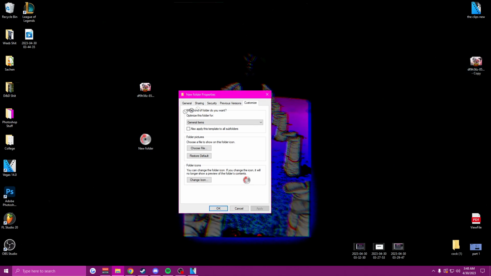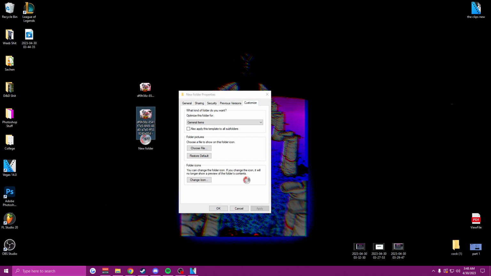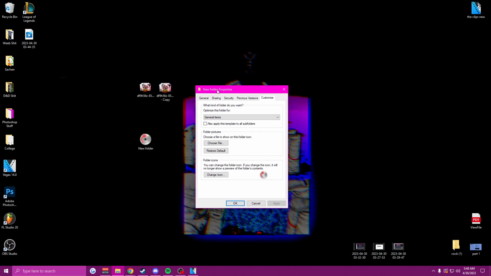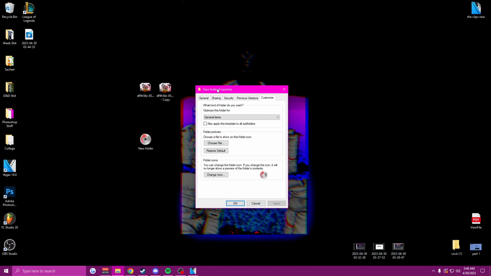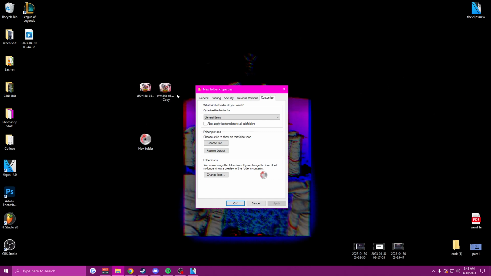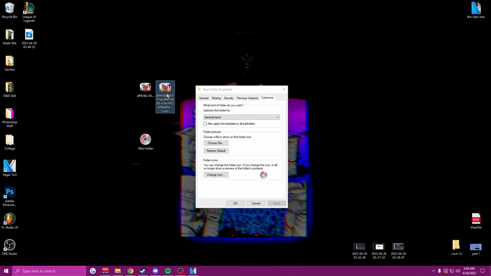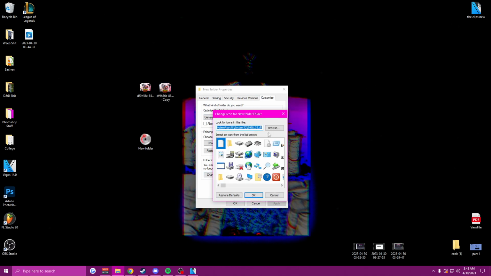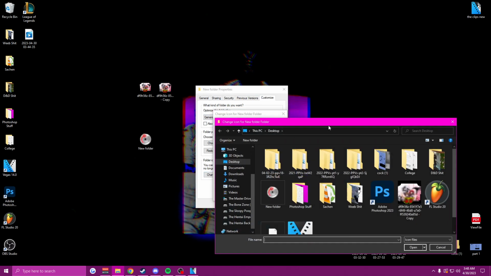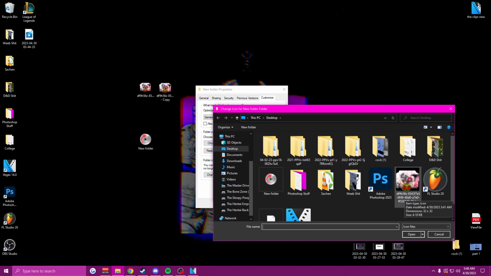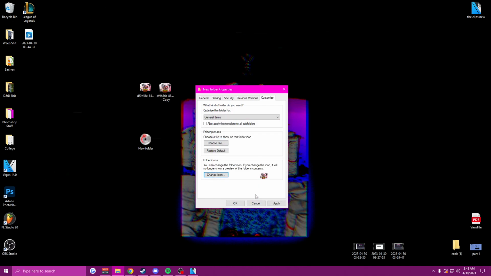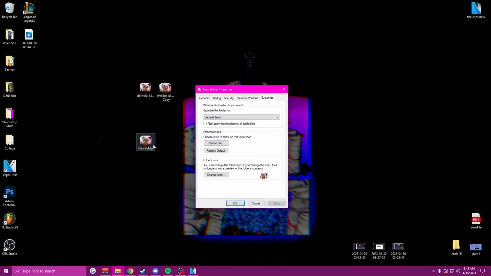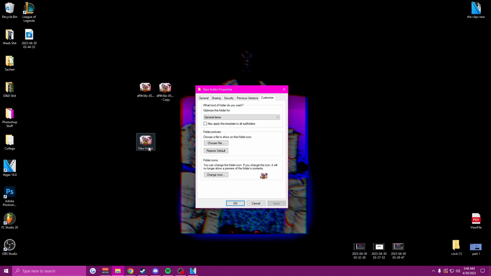Now, there is a minor downside in converting a good PNG to an icon image file, so it might lose a little bit of quality, but that's okay. You're going to click Browse, and you're going to click on your new icon item type, and click OK, and apply. And now, as you can see, we have a beautiful folder that